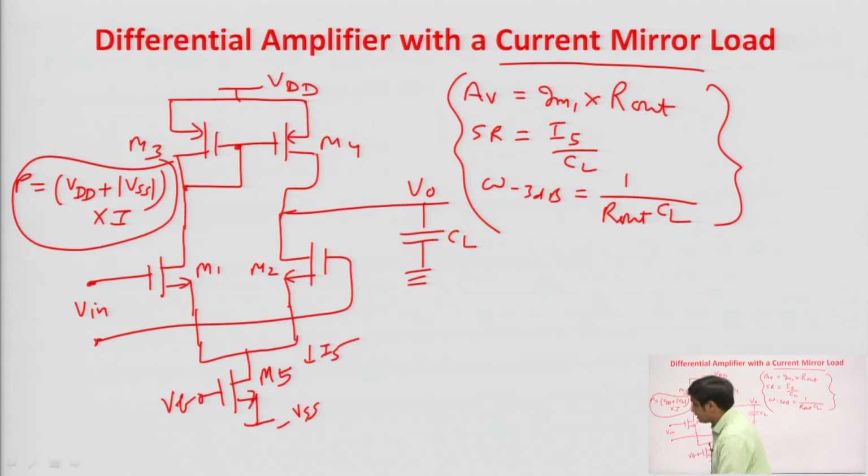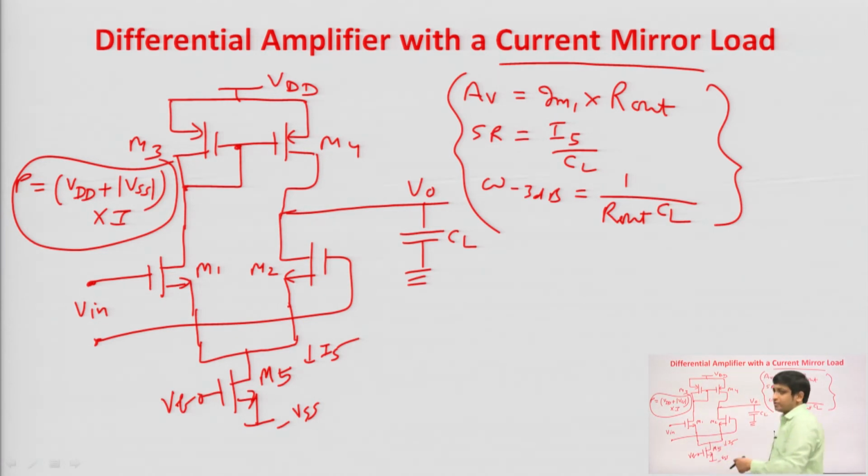So, the point is that to design this differential amplifier with the current mirror load, we need to know the total current flowing through the circuit, and we need to know the W by L ratio of all the transistors. The W by L ratio of M1 and M2 will be selected as per the voltage gain requirement. The W by L ratio of M3 and M4 is selected as per the upper ICMR range. The W by L ratio of M5 is selected as per the lower ICMR range, and the total current flowing